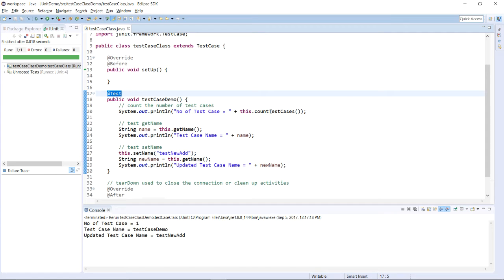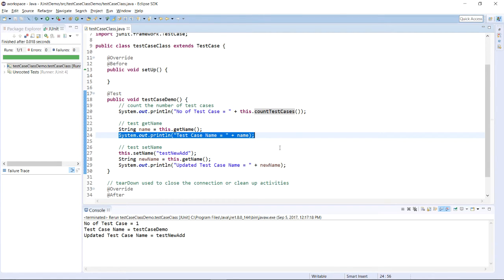For the TestCase class, we have different methods. The very first method is the countTestCases method, which will return the count, the number of test methods of this file. So, we have written this.countTestCases. It will give the total test methods of this file. The other method we have used is this.getName. It will give you the name of this file. So, whatever test case you are running right now, you will be provided the value. So, I am printing the value in the console using